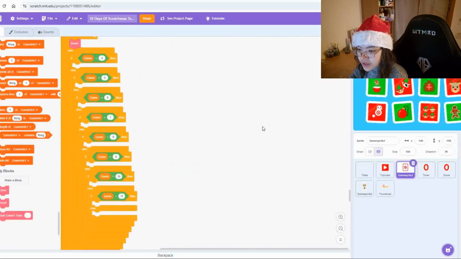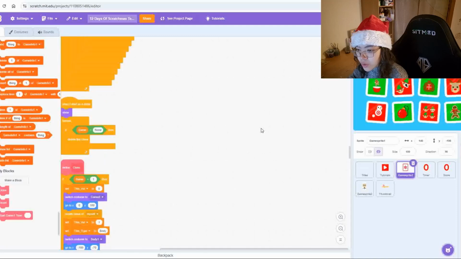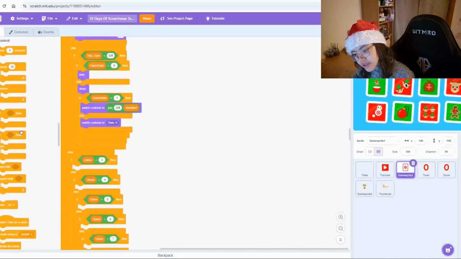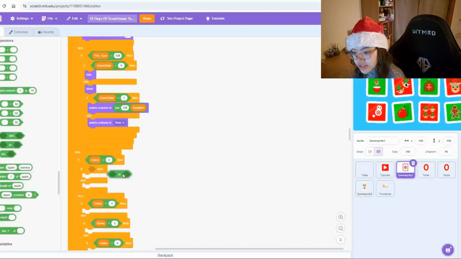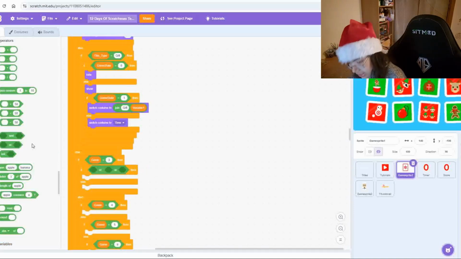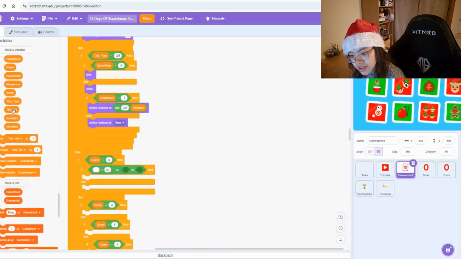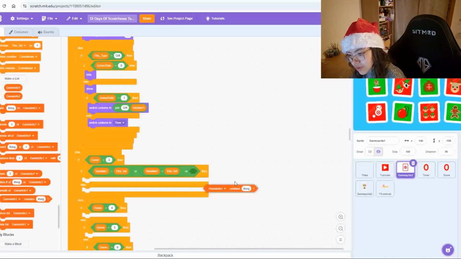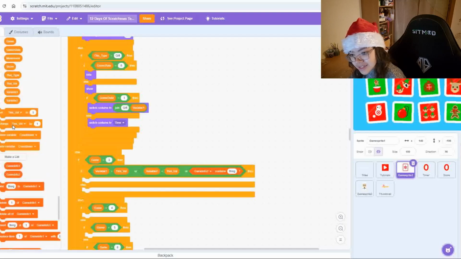So now we can go to the when I start as a clone script for this one. And this one's super simple. We just need an if else function into here. Then we need an or operator and another one. We'll drag that into one side. So we need this to be if variable 1 is equal to this value, or variable 2 is equal to this val, or game info 2 contains this value,